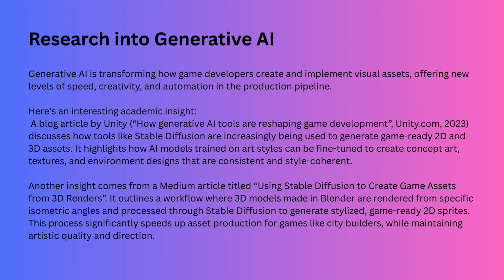Generative AI is changing how game assets are created by enabling developers to quickly produce stylized 2D and 3D visuals. One article from Unity explains how tools like Stable Diffusion can generate consistent concept art and textures. The other one shares how 3D models are made in Blender and then rendered from isometric angles through Stable Diffusion to generate stylized game-ready 2D sprites. Hence, this proved convincing enough to test the potentials of how precisely an AI model could produce usable assets for